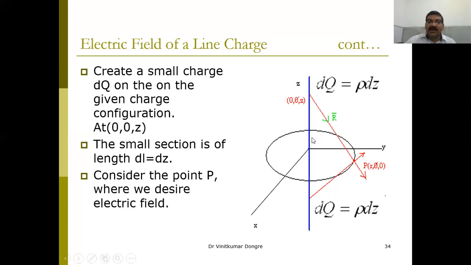So due to this entire charge along the z-axis, from plus z to minus z, I have taken 0 0 z. This is what in general we are doing. And we have taken this point r phi 0. Now quickly, can anybody tell me in which coordinate system this point P is? Is it Cartesian, cylindrical, or spherical? Quickly, very quickly.